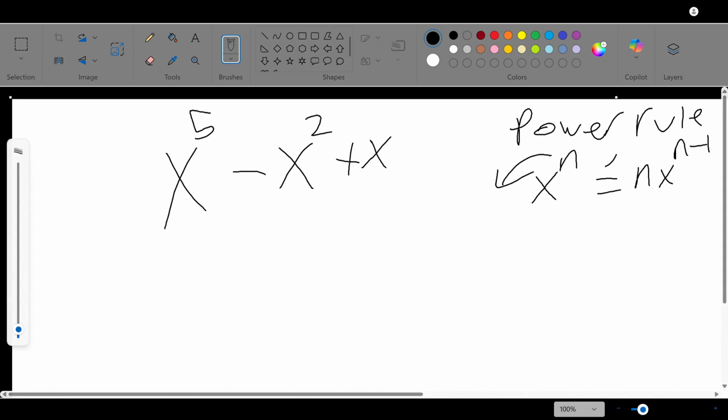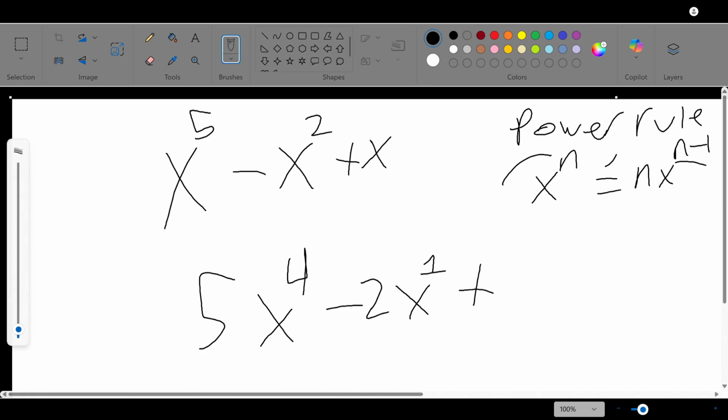The n goes down. So it's going to be 5x, and then you're going to subtract 1 from the power, so to the power of 4, minus, move the n down, 2x, subtract 1, so it's going to be to the power of 1,